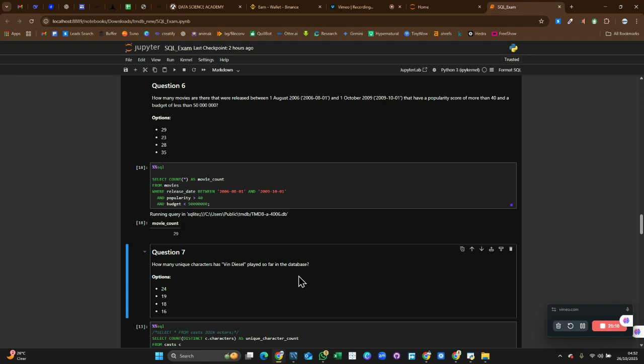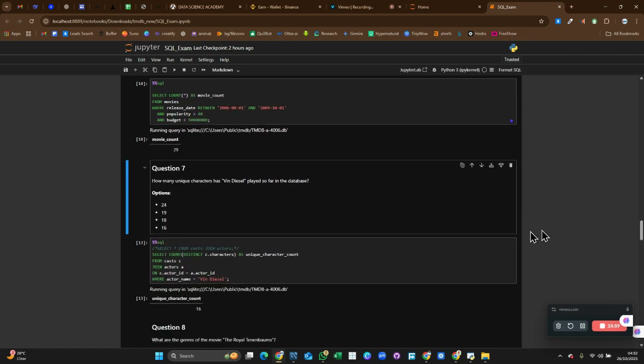Okay, so let's go and look for the movie titles where Vin Diesel has played various characters. Now we have the cast table, which contains the various actors and actresses and the roles or characters they have played in the various movies in the database. So we want to count distinct characters, and I want to call it unique character count, from the cast table,